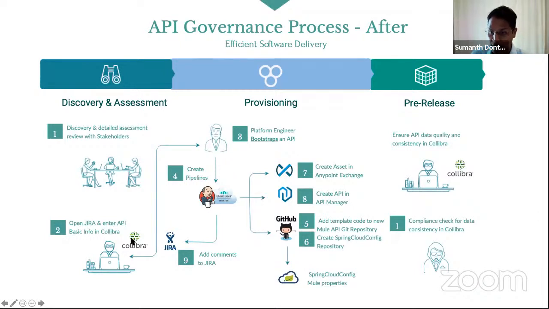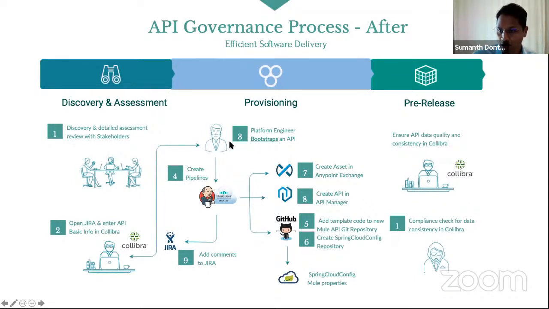We have basic information of that API in this Collibra tool, and all the design-first approach, your RAML or Swagger spec, all that work that's going on, that's still there. We still have your Anypoint Exchange link, but we just have a reference to it, because this also contains the non-technical business and operational metadata in this repository. So we have those references, the documentation links in here. And now the information is gathered, and we have a Jira ticket. This gets assigned to the platform engineer.